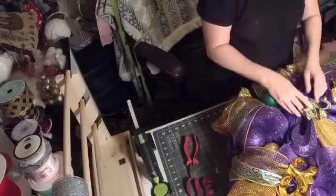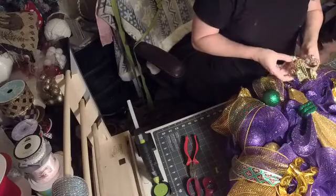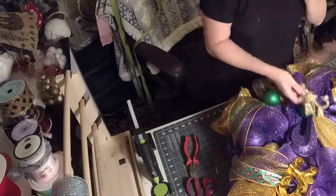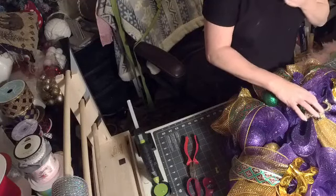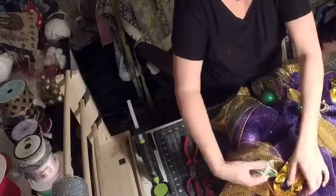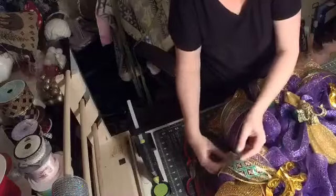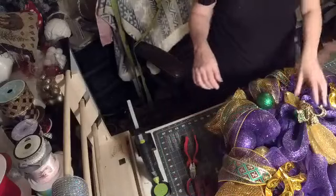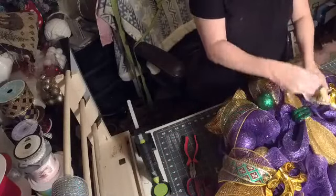Alright, so, oh, that's right, I was going to stick this right here. Oh, how cute is that? And it covers up some of that green. This is so cute. I'm going to have to get more of these. I got this from Craft Outlet. Okay. There we go. It looked like it was getting squished. There we go. Okay. So I'm going to glue this right onto here